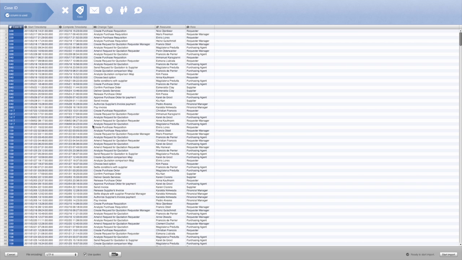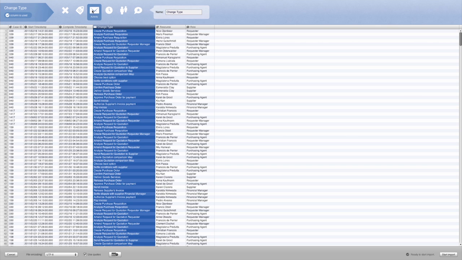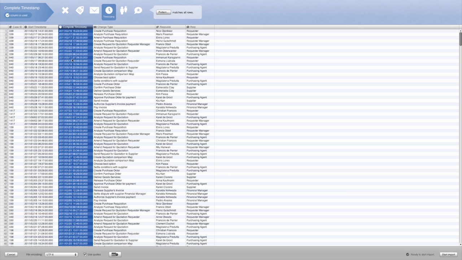And what we see now in the first step is the import screen, where we can indicate the meaning of the different columns. And basically what we are doing here is taking a process view on the data by indicating what's our case ID, our activity name, and our timestamp. So for each column, you can select the column, and then on the top, you can indicate what the meaning of the column is. So here we have configured the case ID column as the case. The activity name is configured as the activity, and then the timestamps are automatically configured as a timestamp.